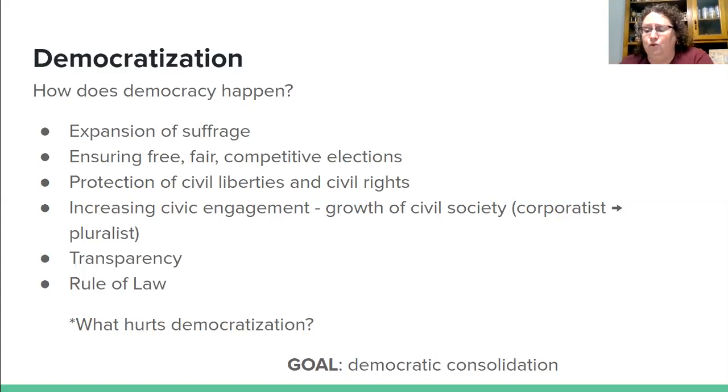Okay, transparency is also very important, how transparent you are. And then we talked a lot about rule of law and its importance. Can we count on it if the leader of your country commits a crime, are they going to be held accountable? If a member of your legislature commits a crime, if I get arrested, is due process going to happen? Those are the kinds of things we're looking for. And we talked about what can hurt democracy. Well, when your government is not perceived as legitimate, when there are problems with unfair elections, anything that can be done to stifle democracy.